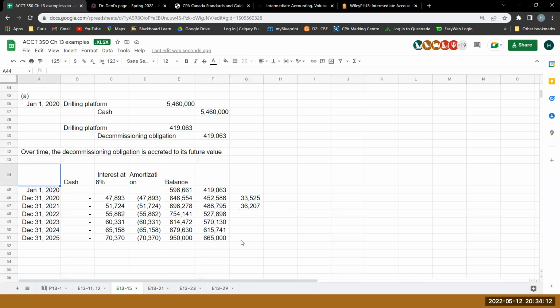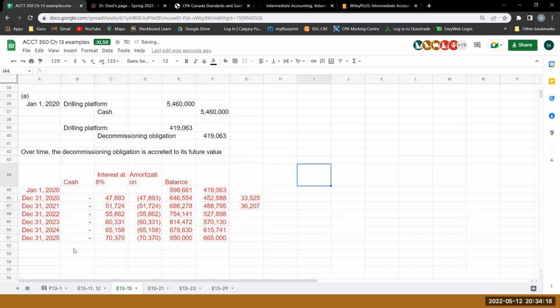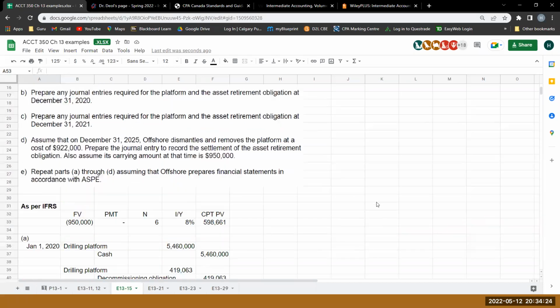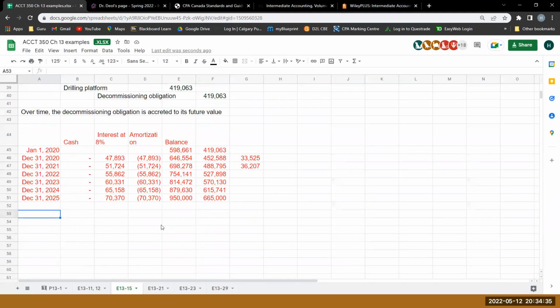Anyhow, I'm just going to put this in red for now, because for us part A was just this journal entry. For part B, they're saying prepare any journal entries needed for the platform and the asset retirement obligation at the end of the first year. So part B,